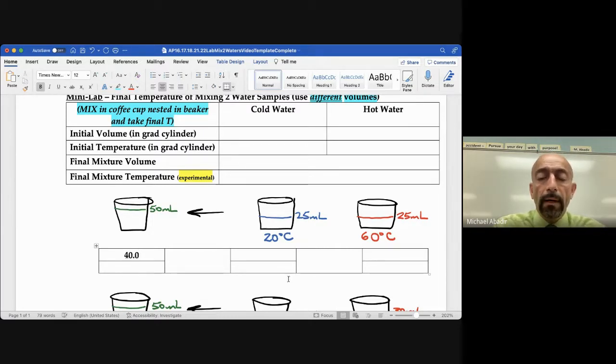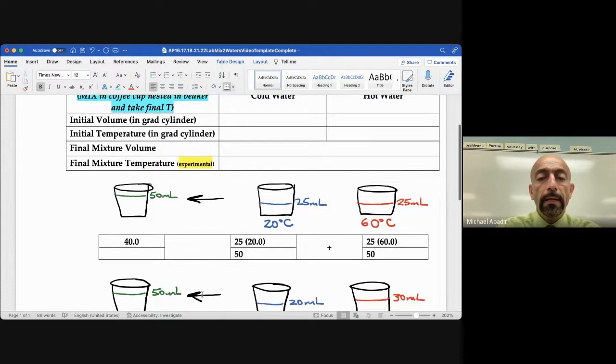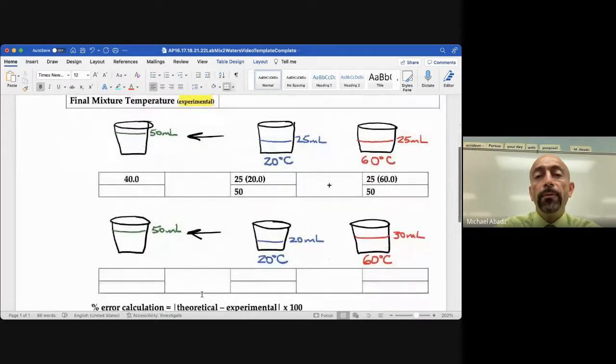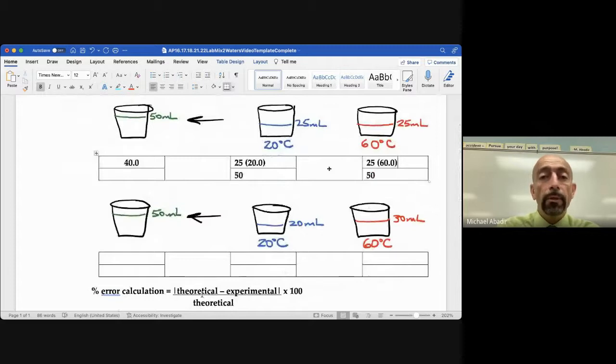However, if you want to do the calculations for this, you would say that 25 milliliters out of 50 milliliters had a temperature of 20 degrees. We'll just say 20.0 plus the other warm water was 25 milliliters out of 50 milliliters, and that was times 60 degrees Celsius. And you're going to find out that that is going to come out to be the 40 degrees Celsius average, which makes sense. But what happens if you have an uneven amount, which is what you should do in the